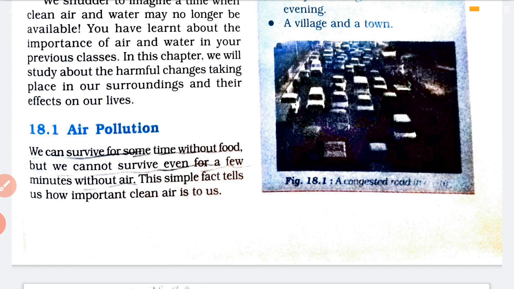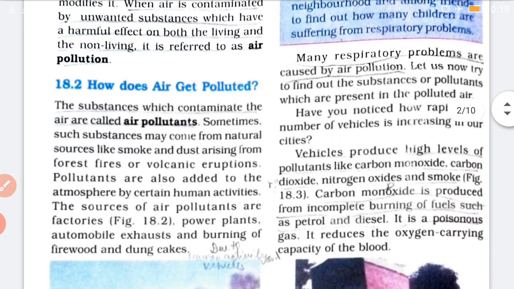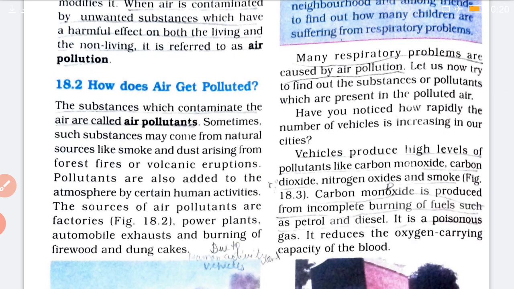Now, when the air is getting polluted, we should find out ways to keep it clean. So here we are going to see what is causing the pollution of air and how we can prevent it, how we can take care to not pollute the air. Now, what are the things which are polluting the air? We humans, first of all, are responsible for air pollution. There are many human activities which mix undesired substances into the air.